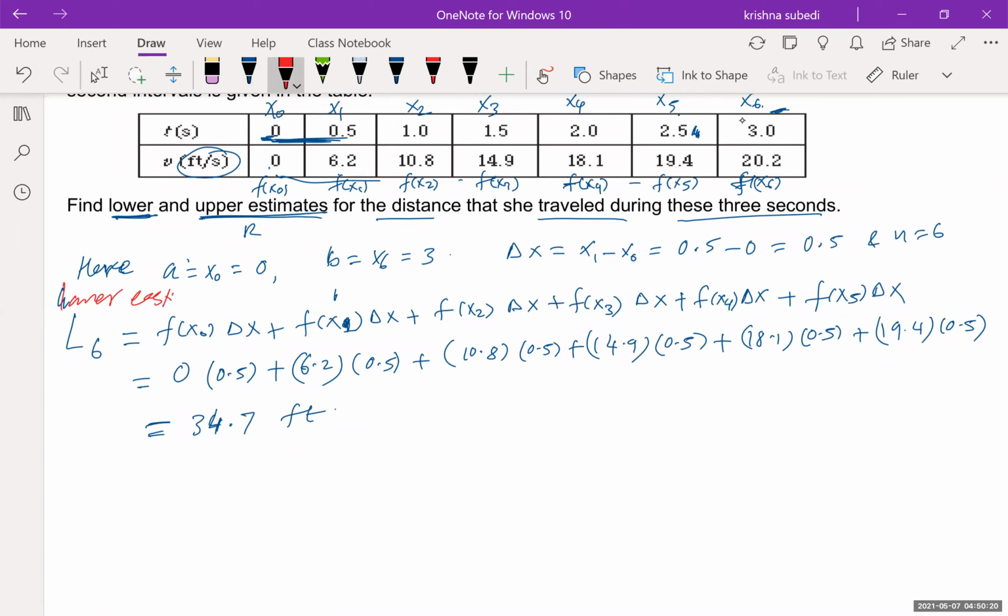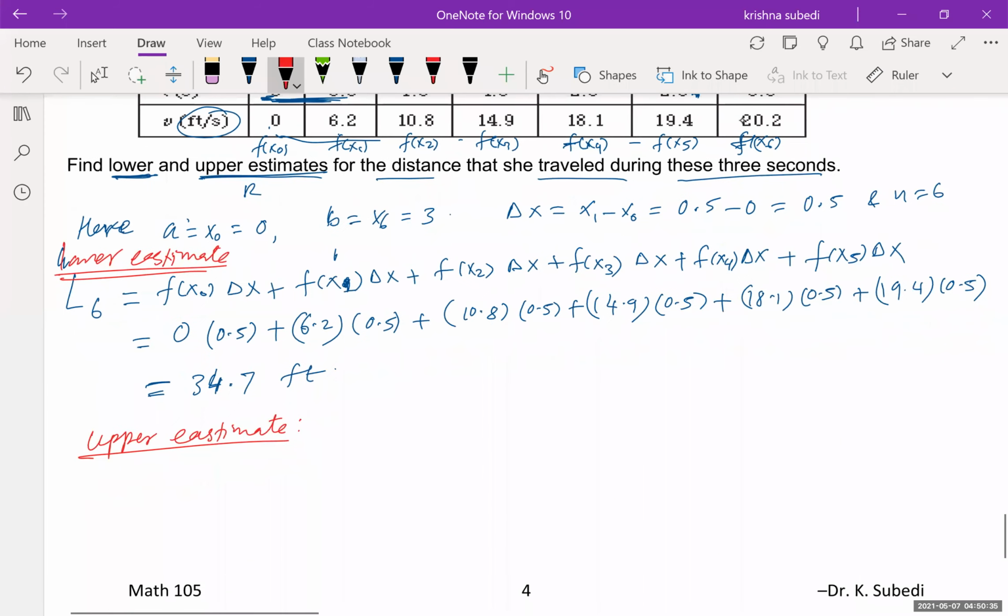Lower estimate. Now I want you to find the upper estimate on your own, okay? Upper estimate, find it by yourself, which is represented by R6. In the upper estimate, we consider the right hand point. So then the first rectangle will have 6.2, or maybe you can write x1 delta x plus f of x2 delta x